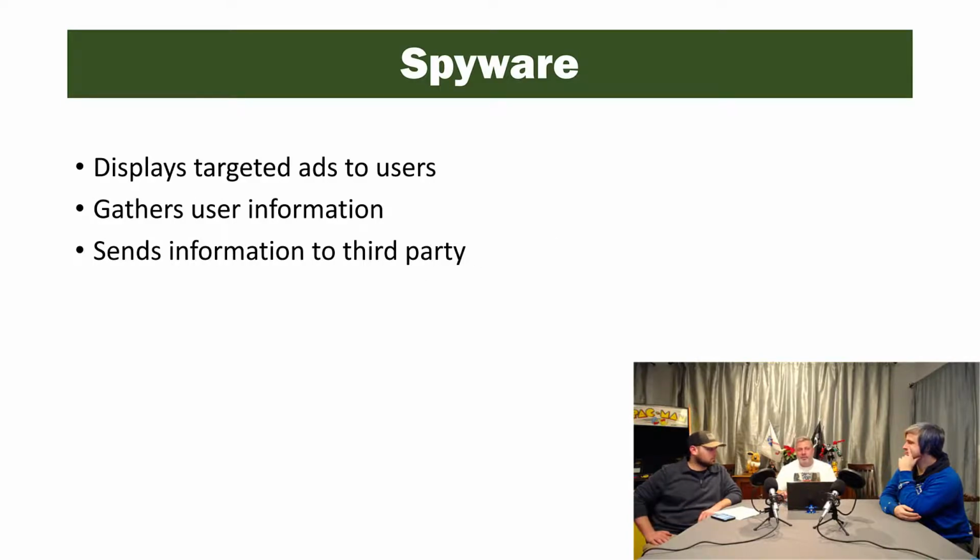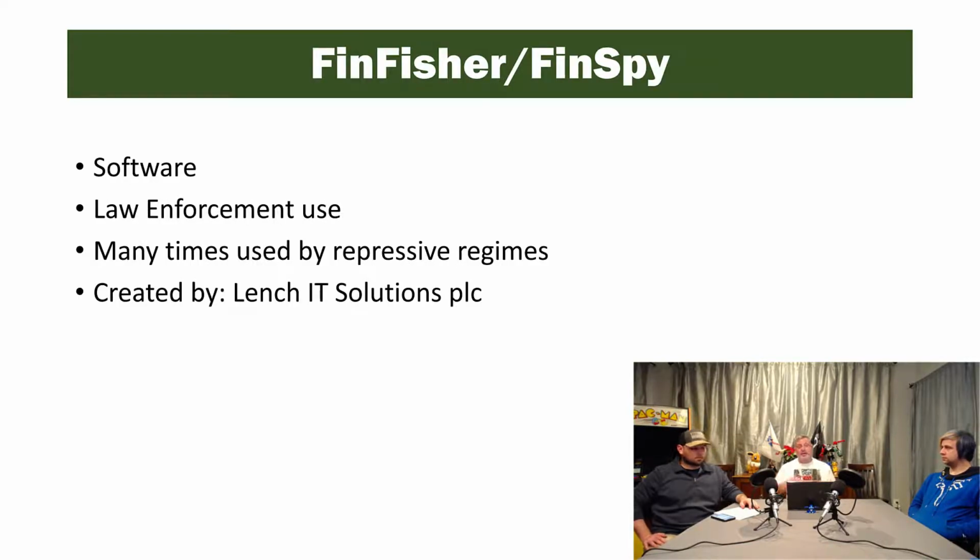Spyware is kind of the same. It can put targeted ads towards a user, but its big thing is gathering user information. So it's a spy. You may never get an ad at all from spyware, it's just going to gather your information. So it's kind of half of adware. Sometimes some of them will give you ads, but then you cross over that line into adware, and it sends that information off to a third party. A lot of times you think about the cloak and dagger spy, spy versus spy. This would be what they'd use. They try to get this onto your system, and it would collect all the information about you, and then send it off to some nefarious site online, or maybe off to the Google Cloud,